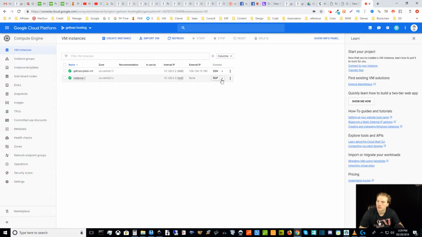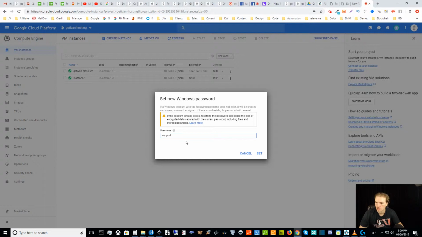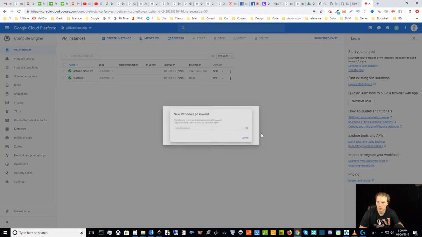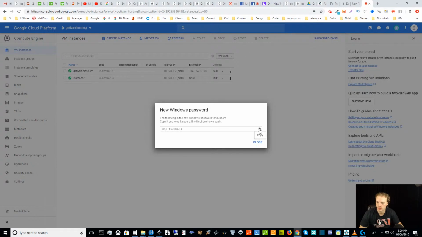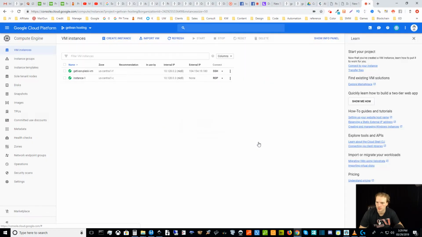What I do is I set the password. Where is it? Here we go. Set Windows password. I change the password every time. You can use a different username, but I guess that's my username there. It'll automatically generate something, and then I'll just copy it real quick. And if anything goes wrong, you can always just do this over again. So I'm going to copy this to clipboard, close this, and then I don't want to click on this because it